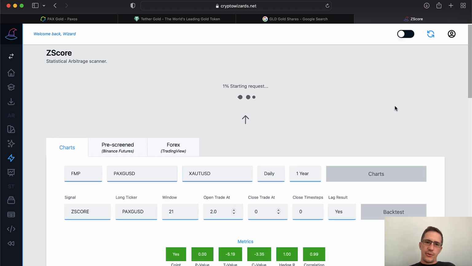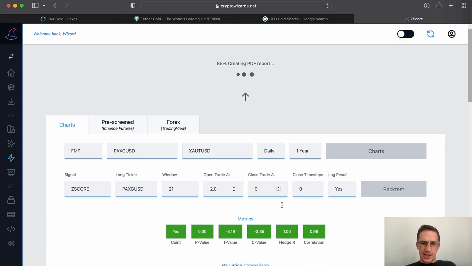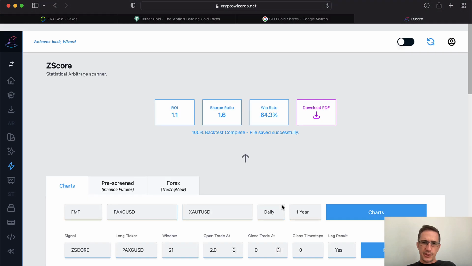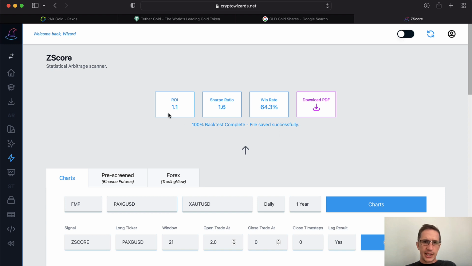But here we go. Let's just go and run this and see. And I ran it from my mobile phone this morning, so I think I've used pretty much the same settings. I was sort of playing around with it. I woke up super early this morning because I was excited about some coding I was doing.